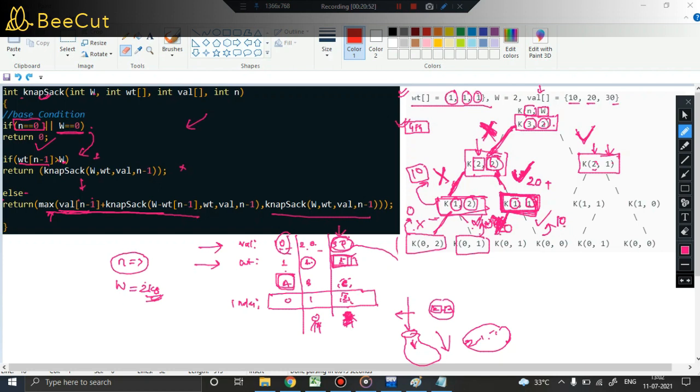So 0 and 10, what is the maximum? The maximum is 10. So 20 plus 10, what is the value? 30. So what will this function return? This function will return 30. I hope you got the point, right? Now,